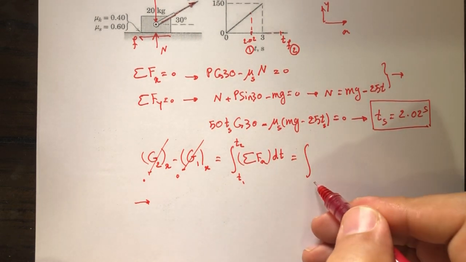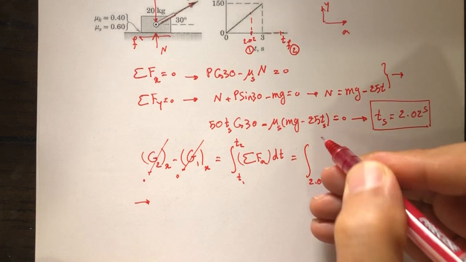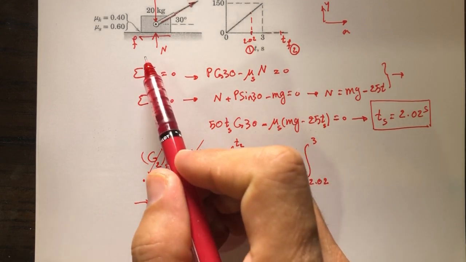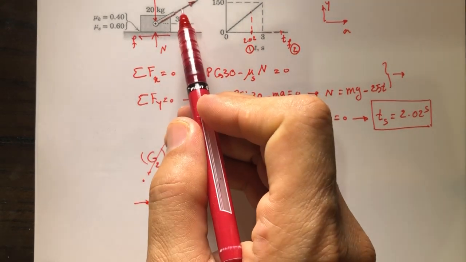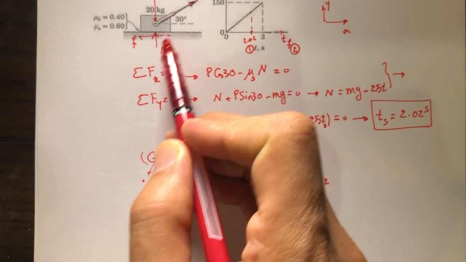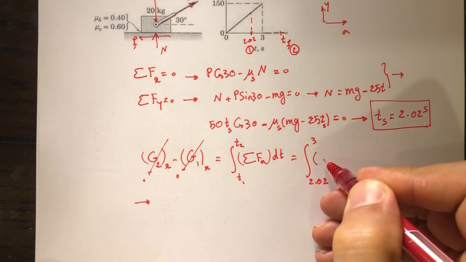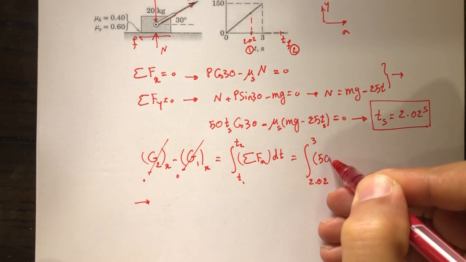From t1, which is 2.02, to 3 seconds, the sum of the forces in the x direction is going to be P times cosine of 30 degrees minus the friction force, right? So I'm going to have P times cosine of 30, and P we know is equal to 50 times t